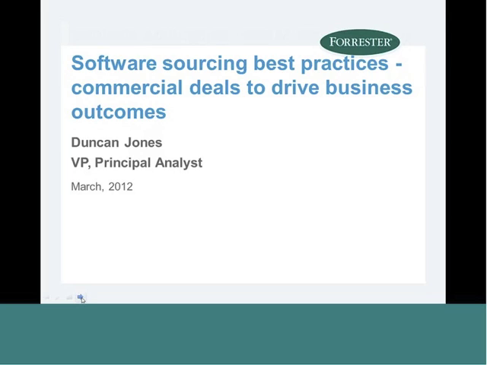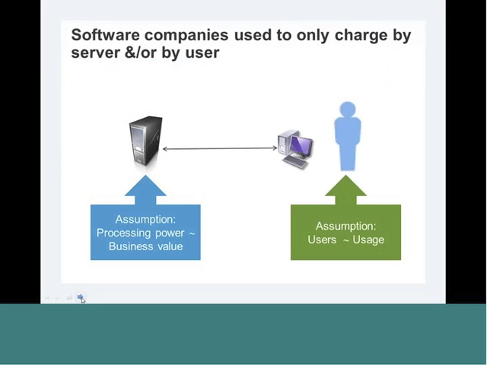Yes, we want to save money and reduce risk, but the key point of all of this is generally we're buying technology to drive business outcomes. Now, I study the world of software and the impact of technology changes on contracts, on pricing and licensing, and I've noticed that over the last few years, a lot of the fundamental assumptions have changed. Some of the concepts that we've relied on for many years to price our software are no longer really applicable